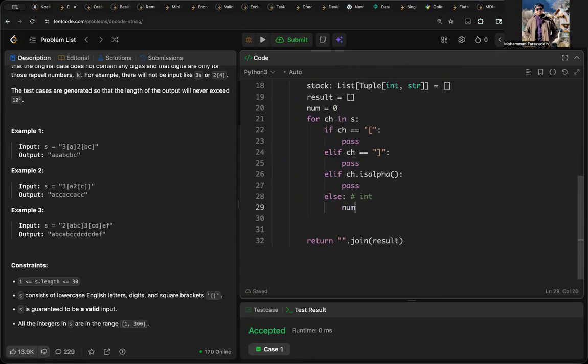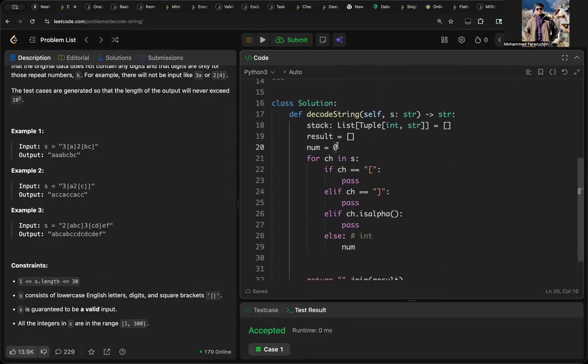And the existing plus like this, we can have this. And when we encounter this, we can just start. Then we can start